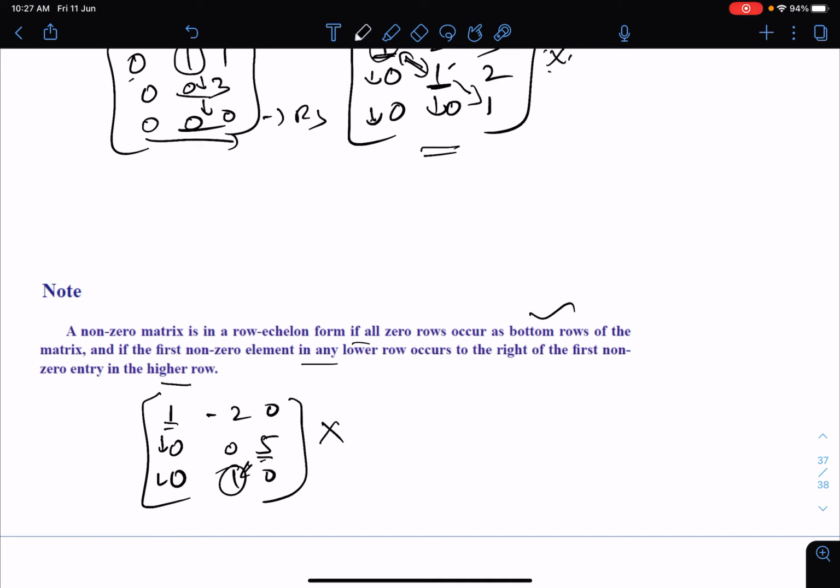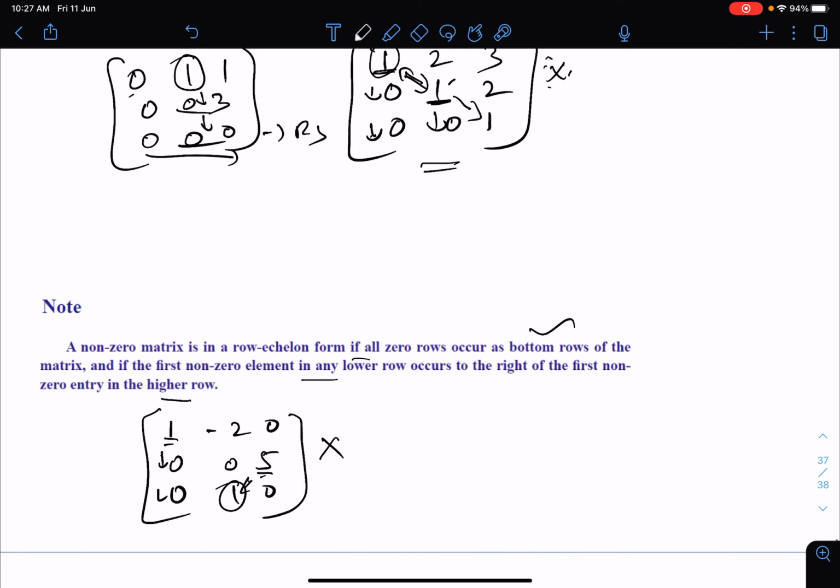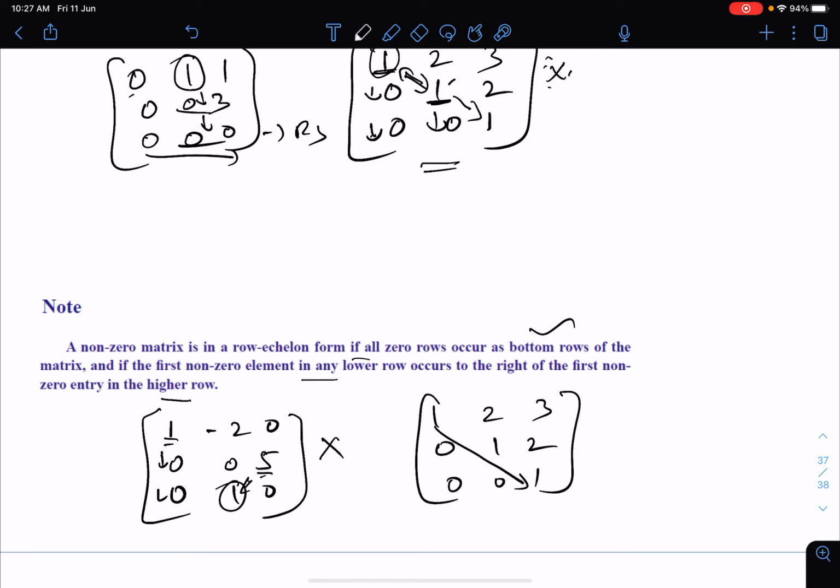Or in other words, you can remember that in the row echelon form you have the principal diagonal, and below the principal diagonal all the elements should be 0. Whichever matrix it is, whether a 3 cross 3 or a 3 cross 4 matrix, we should choose the principal diagonal, that is a11, a22, a33. Below these elements should be 0. If it is 0, then it is in row echelon form. This is the simplest method to remember how to get our row echelon form.